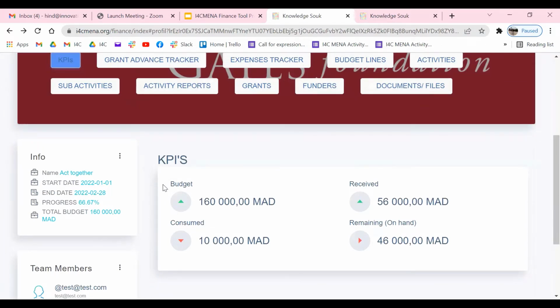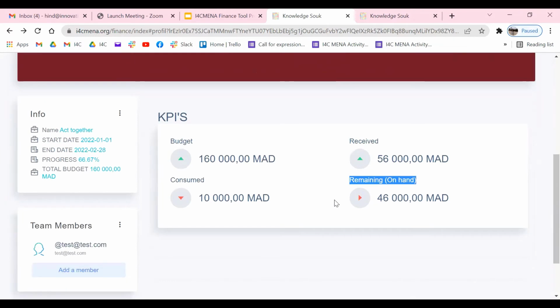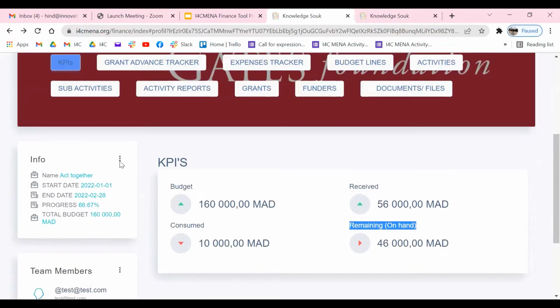This is to give more details about the budget of this project. We have here the overall budget and then the amount received as an advance. Here we have the consumed amount and the remaining as cash at hand to be used for the remaining payment.